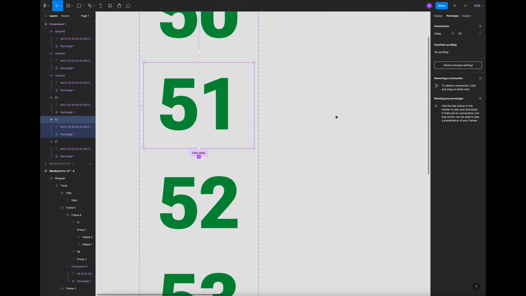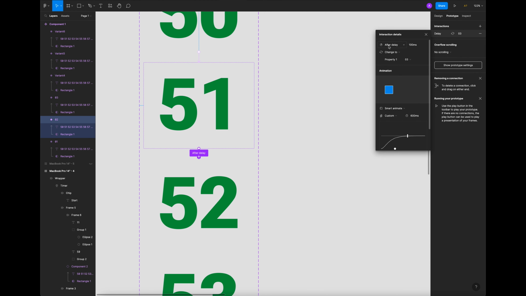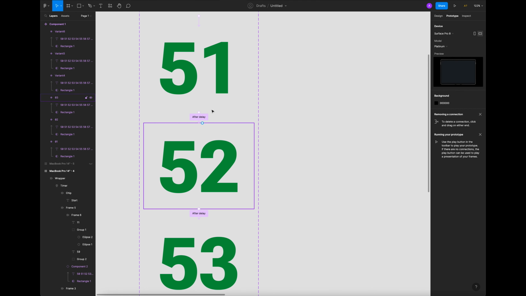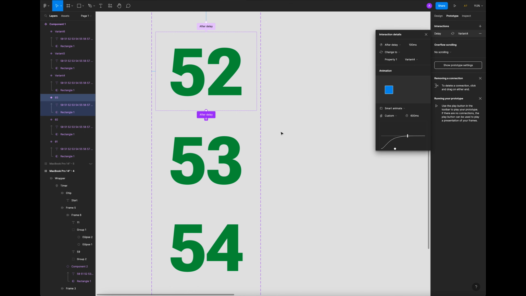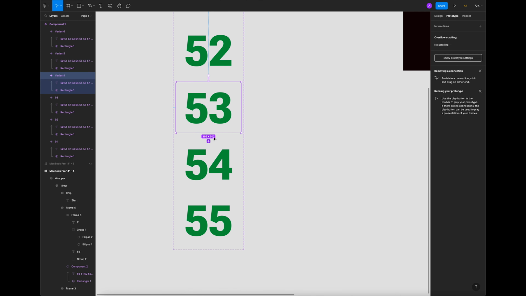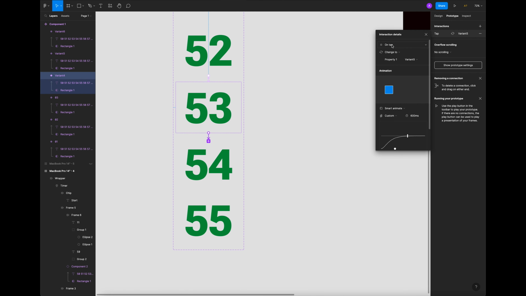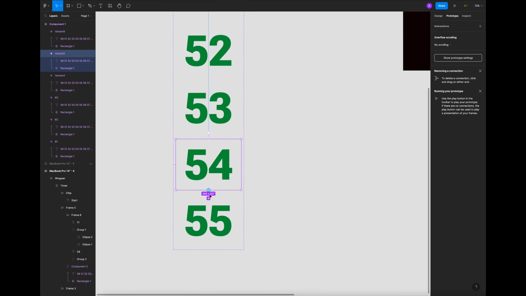Let's close it. Next one, we're gonna add a different animation. It's gonna be after delay 100 milliseconds. Change to smart animate custom spring. You can see the values here. The same values we apply to every single one. So after delay, what we have right here. So then let's add it here. After delay 100 milliseconds. Here we go. Custom. Repeat the process